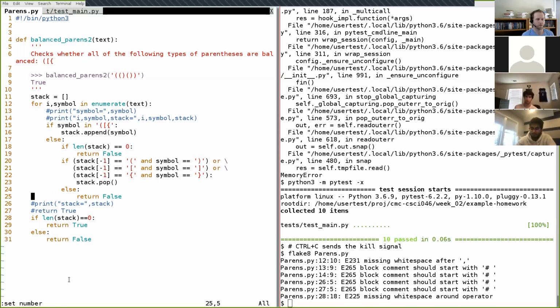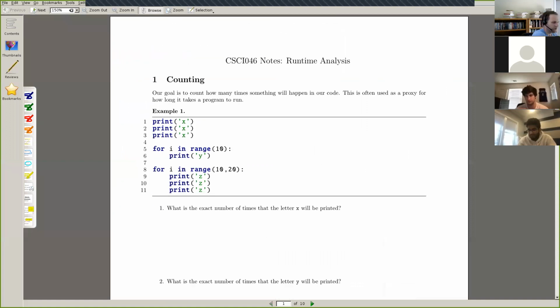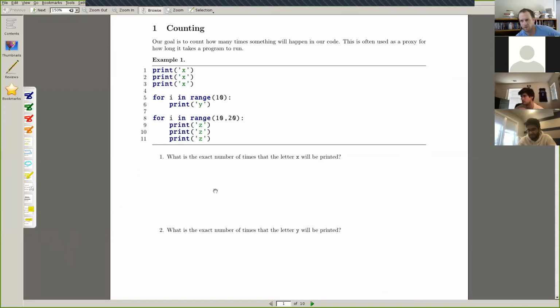Okay, then we're going to shift gears here and start talking about this big O notation thing. At this point, if you have the PDF file handy, that's what we're going to be looking at. And this big O concept, well, I have a number of things to say about it. The first is that